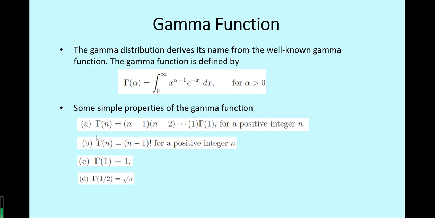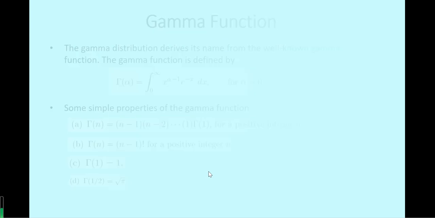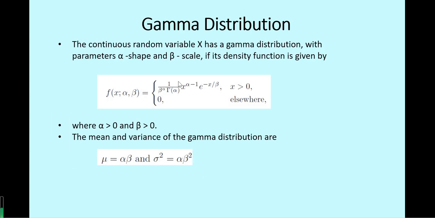For example, gamma of n equals n minus 1 times n minus 2 until 1 times gamma 1. So gamma 1 equals 1, which means gamma of n equals n minus 1 factorial. And gamma of 0.5 equals square root of pi. So from the gamma function, we can